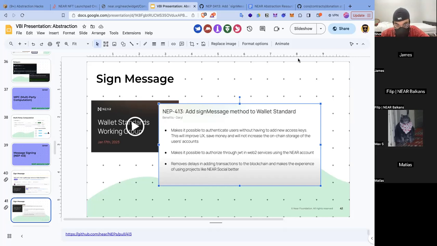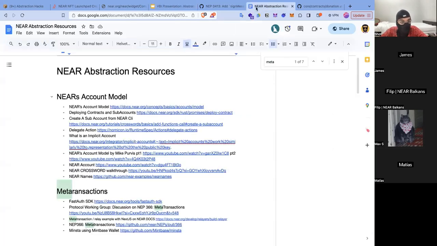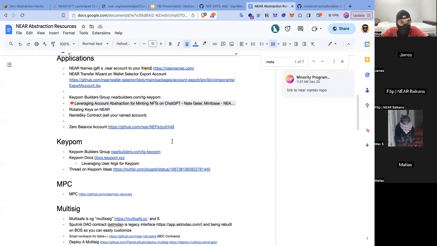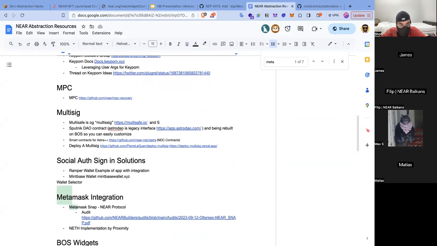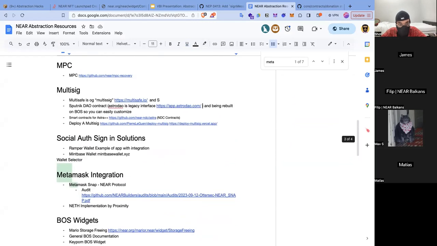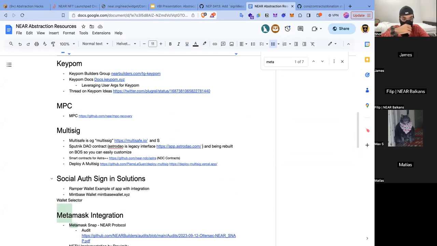Okay, so there's a couple of ways you could go about this. There is a spot, so to our main DAO contracts, and I need to actually clean this up a little bit. Basically Sputnik DAO is... I didn't put the multi-sig in here actually. But there's a multi-sig implementation, and there's a deploy a multi-sig here. Pierre, he's from the Near Foundation, built this, and there's Sputnik DAO, which is